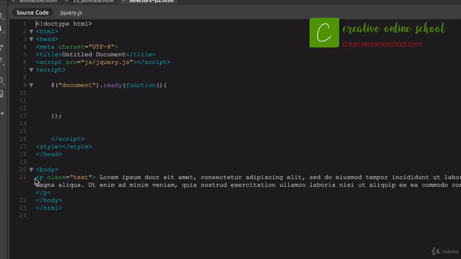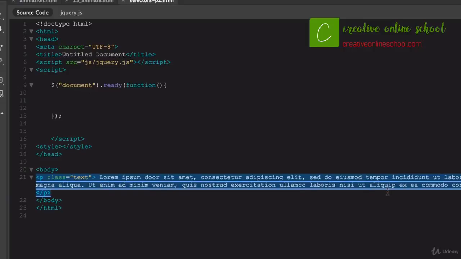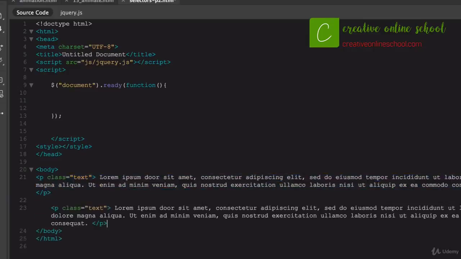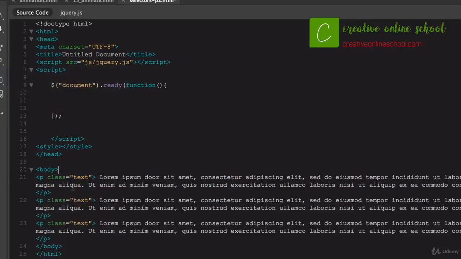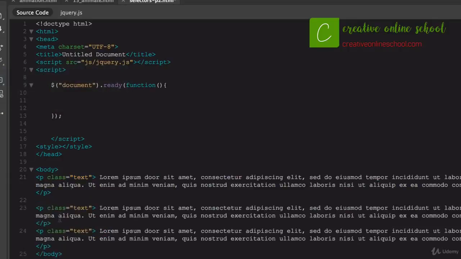So what I've got here is just a regular paragraph, and I've got a class of text right there. I'm going to copy that. I'm going to create a couple different versions of it. I'm going to go ahead and clean up my formatting there. All right, so